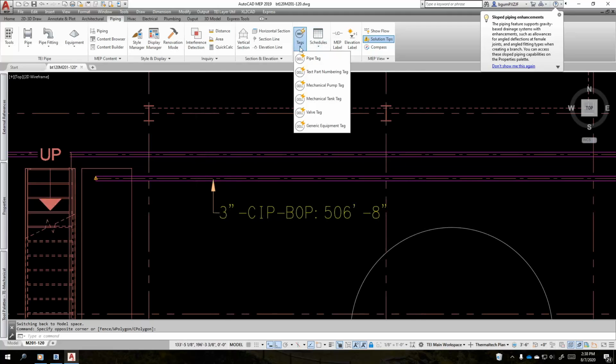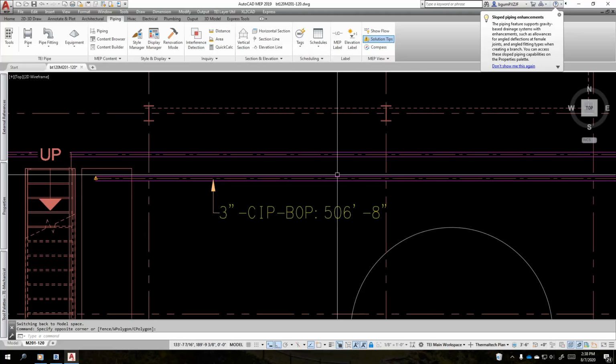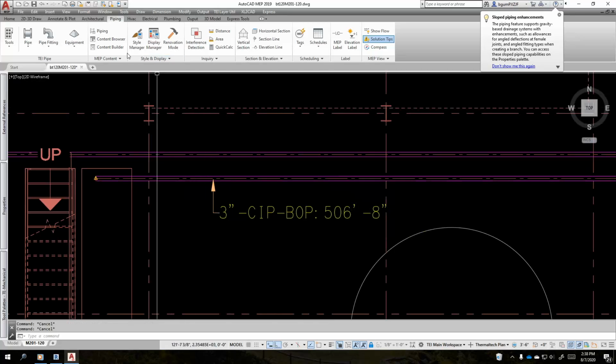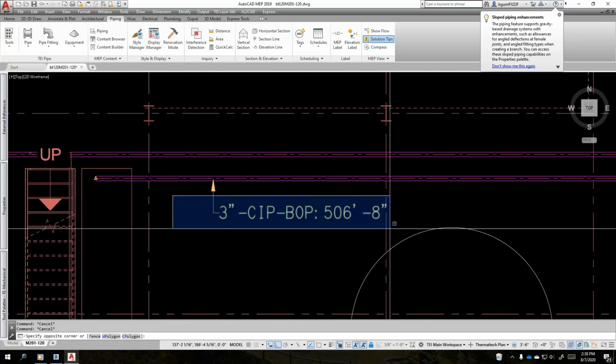To start, in order to make a tag, you can use the out of the box MEP tags by just going to the piping tab and using pipe tag, tagging your object. You're able to tag objects even if they are an Xref, so that's not a problem. You can also see that when we hover over this pipe, it's giving us information about this specific pipe, even though it is an Xref. So moving on, in order to create this, we need to declare a tag,